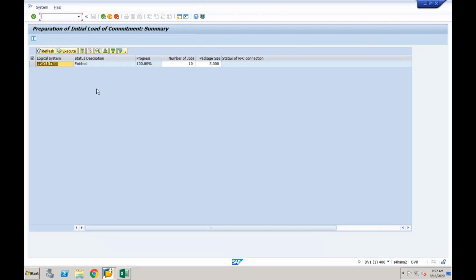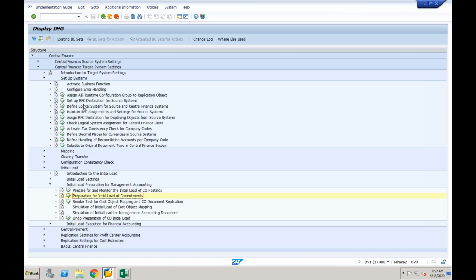You will go to preparation. You can see it is also finished for this particular activity. Same thing, you will execute here. If it is in process or if it is not started, you will just execute and monitor whether it is completed or not. So what exactly does it do in the background? It collects the data that needs to be transferred as an initial load. The ultimate intention of this program is to collect the relevant data so that when the technical person from LTRC executes this, it is actually getting